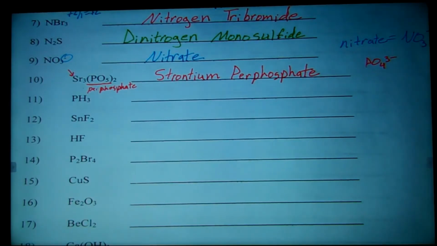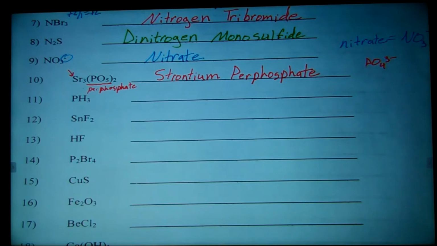So on number 11, PH3. PH3 is kind of a little trick because you've got to remember about hydrogen. Whenever you look at it, there are only two elements here. There is no charge, which means no polyatomic. So PH3, look at what type of bond is here. You have phosphorus, which comes from the right of the staircase, which means it's a nonmetal. But hydrogen comes from the left of the staircase, but you've got to remember that was the rule breaker. Hydrogen actually is a nonmetal, so it's a nonmetal bonded with a nonmetal,